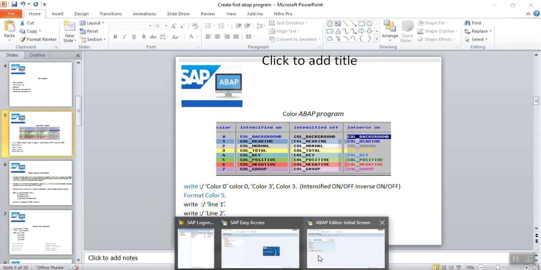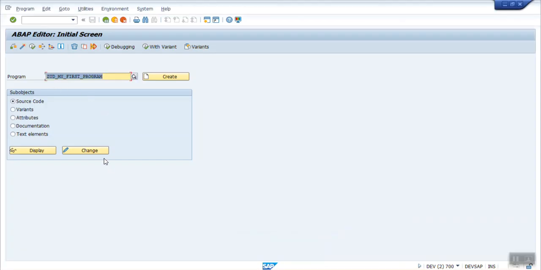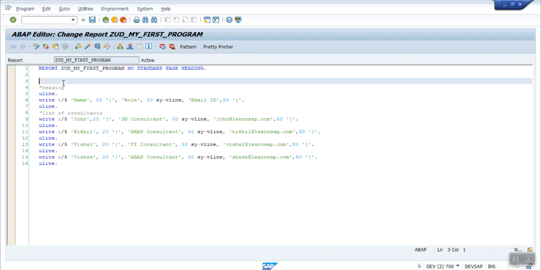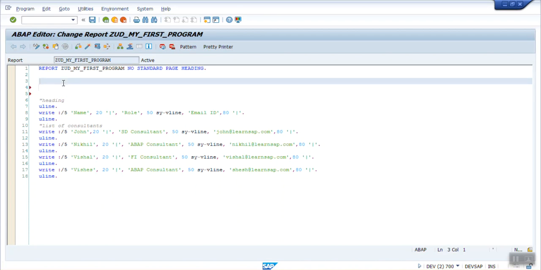So we'll see what is the difference between COLOR and FORMAT COLOR. Go to our program. We have our first program. Here we will first add a heading, list of consultants, and let's say add color 5. Activate,